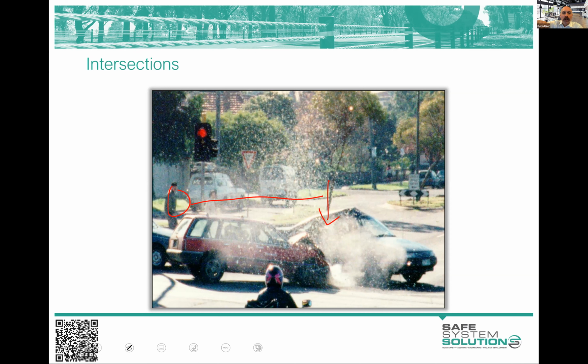We also have quite an increase in the risk of run-off-road crashes at intersections, and the reason for that is threefold. One is the avoiding of a crash. A vehicle pulls out when they shouldn't or runs a red light, and another vehicle avoids it and leaves the road.